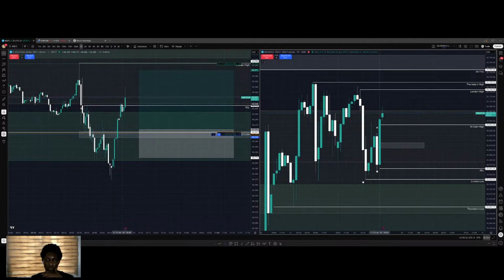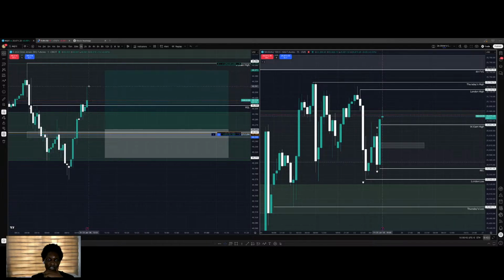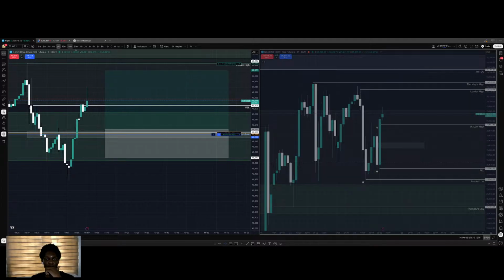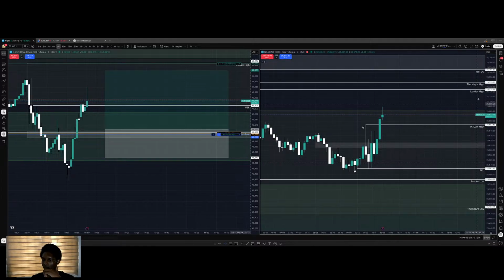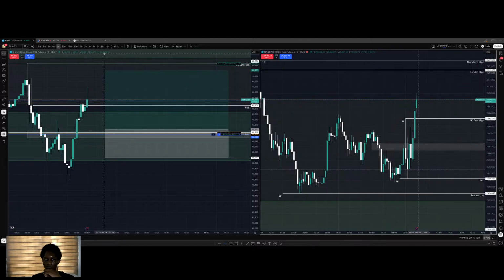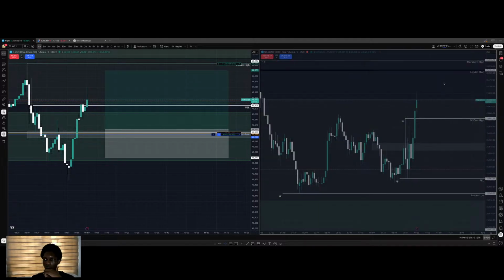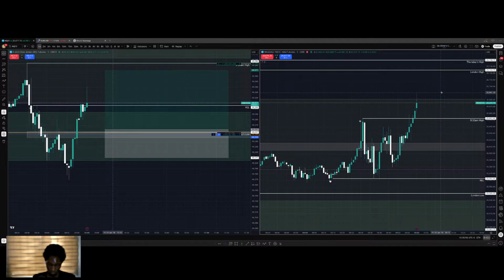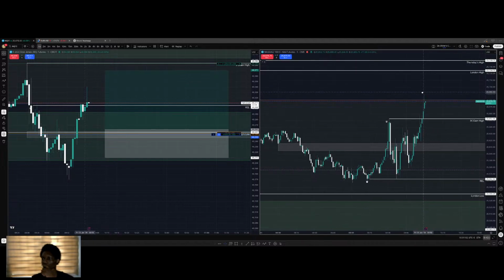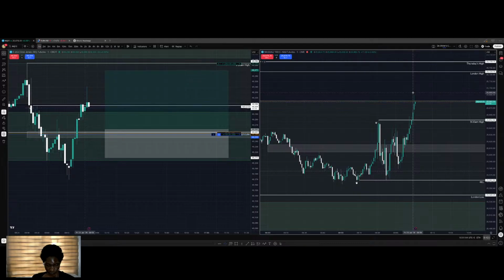If we have a 2 minute close above this order block, my stop would be here. At that point, I don't want to see us come lower because we'll be taking out a high inversion here. We're trying to sell for this. So I want to see this close strong here. Then I want to see the next candle take this out. And so, still waiting on the 2 minute close.